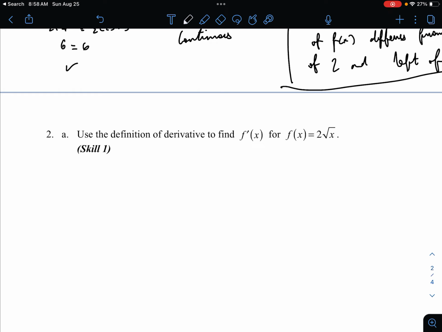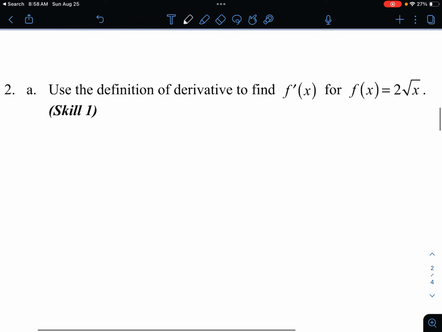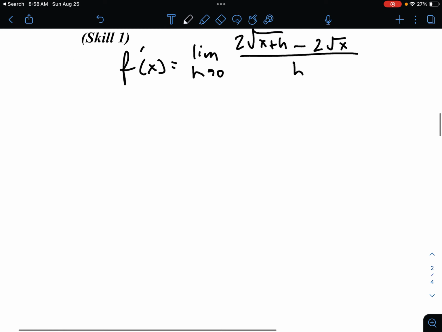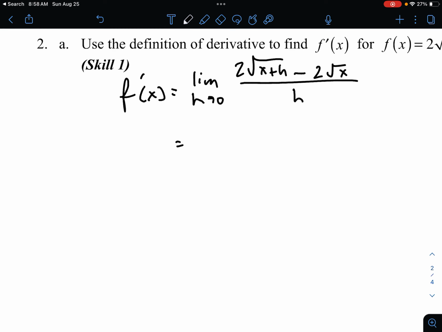Use the definition of a derivative to find f prime of x of f of x. This is kind of straightforward, just algebra heavy. F prime of x is just the limit as h approaches 0. Now you could use any limit definition. I'm doing the right difference quotient, which is the most famous, where we have 2 root x plus h minus 2 root x over h. All right, so now we just gotta